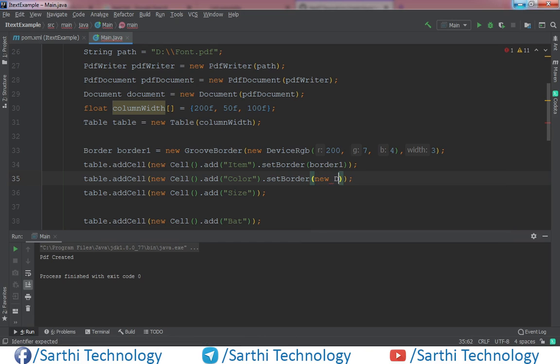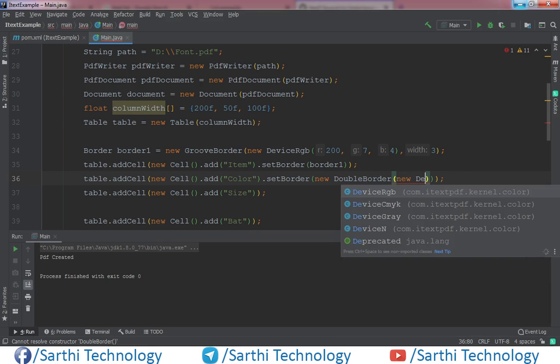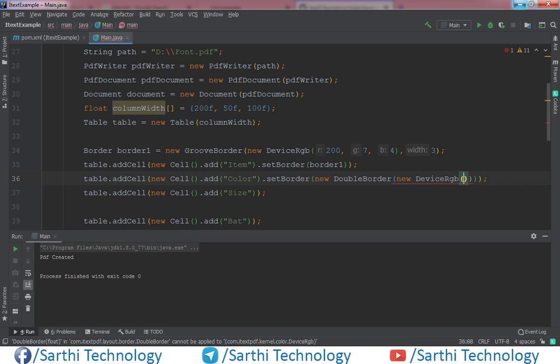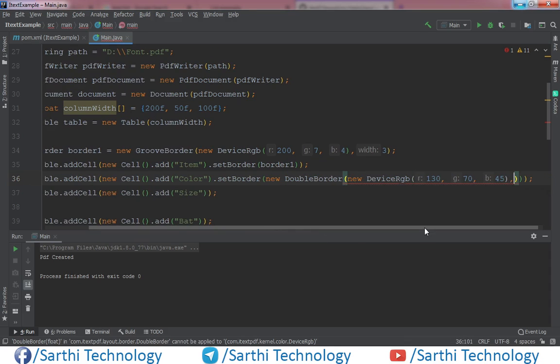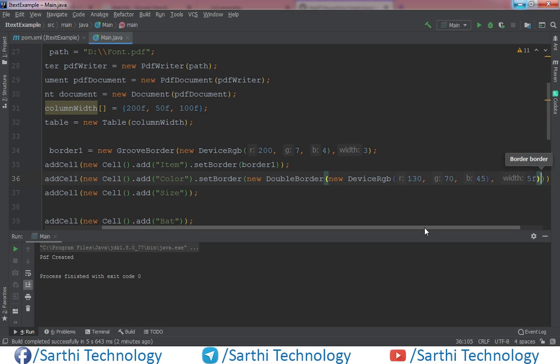New DoubleBorder, and here new DeviceRgb, for example 130 comma 70 comma 45, comma its width, for example we will put 5 this time.